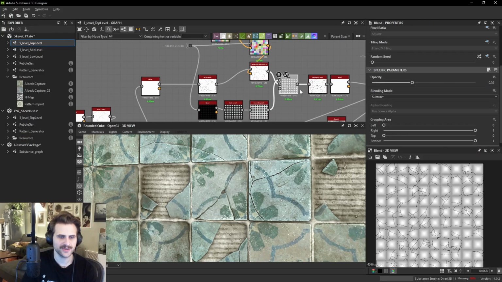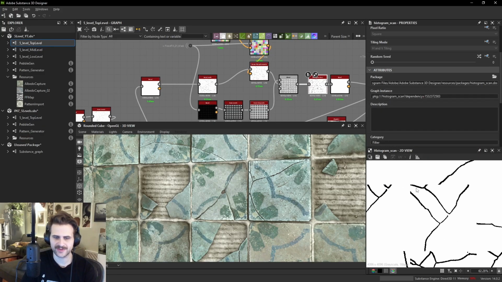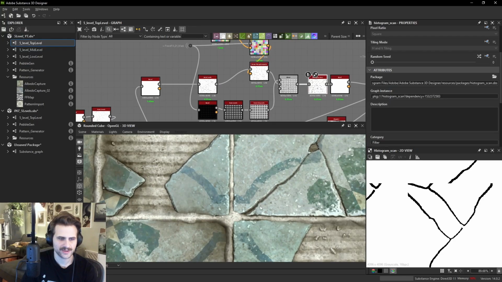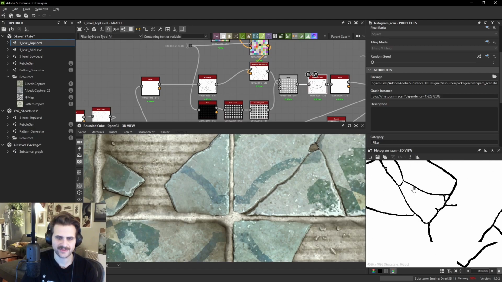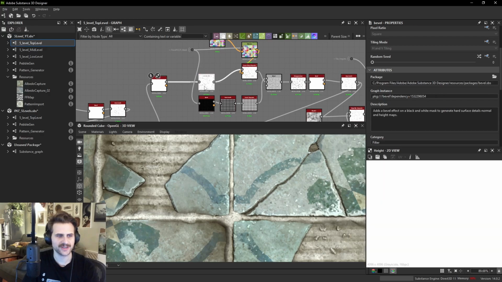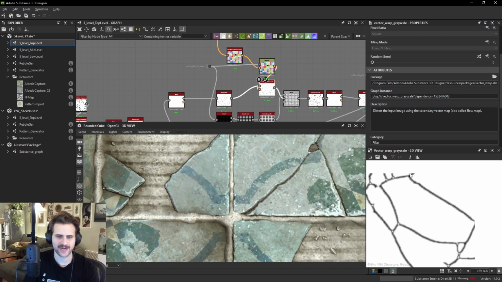And what's going on here is I'm tapering the cracks so that they're thicker at the tile edge, and they thin out as they go into the middle of the tiles. So I've made videos on this too. I think it's something like ZBrush sculpts in Designer, basically. The long and short of this trick is that I take a beveled version of our cracks here,